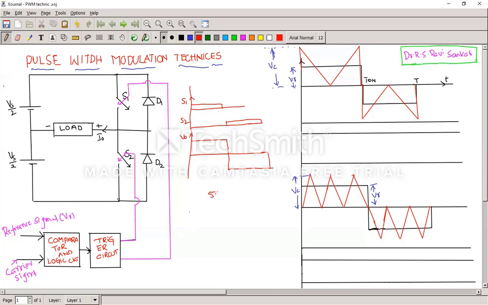Suppose if we take the frequency as 50 Hz, the time period is 0.02. Nothing but the total time period is 0.02. Now this half cycle becomes 0.01. We are maintaining like that, so that the frequency of output voltage is 50 Hz. Suppose if you want 60 Hz, similarly you have to calculate the time period. Then you have to maintain the time duration of the S1 as well as S2 to get the 60 Hz. Like that, you have to maintain the on time of the S1 and S2 so that to get the desired frequency.